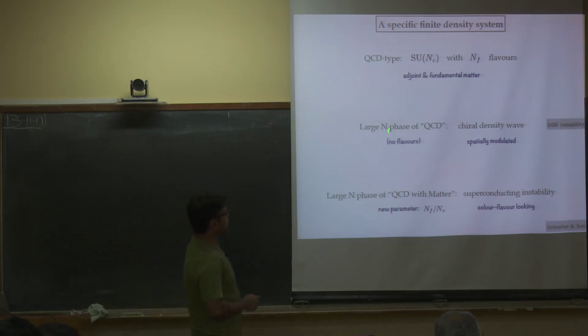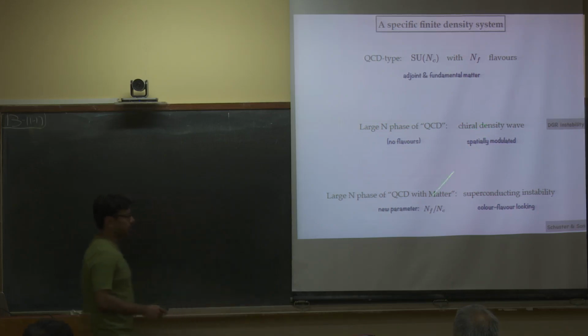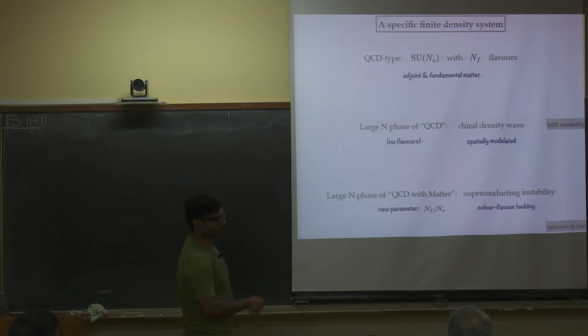There is one particular corner of this theory in which I don't have any flavors, I don't have any quark matter, etc. Then the large N phase of this system is supposedly what is called a chiral density wave, a phase which has some spatial modulation. So it's a condensate which spatially modulates. Condensate of what? It's a condensate of some psi bar psi kind of thing. I thought you had no clue. Oh, very small number? Very small number. Yeah, sorry, this 'no' should have been in quotation marks.